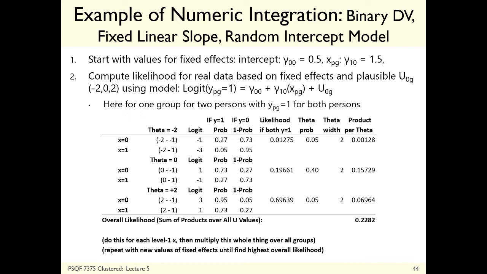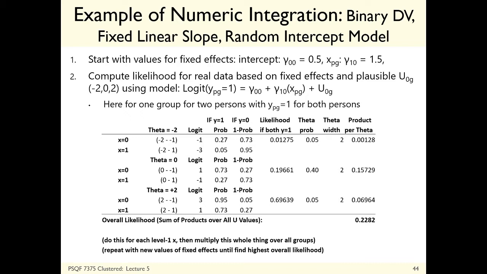If X is 0. Because I have, let me get this straight. Yeah, there we go. So if I have somebody who got a 1, then the probability of a 1 from this logit is 0.27. The probability of a 0 is this. If I do the same thing for the next person, their probability of a 1 is much less. If I multiply these 2 numbers together, if I know they both got 1s, I get that. If the first person got a 1 and the second person got a 0, I'd multiply those 2 numbers together